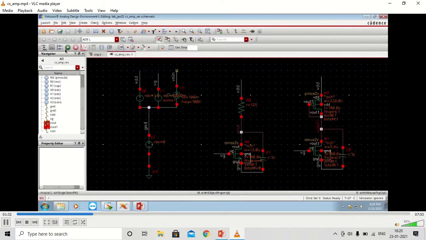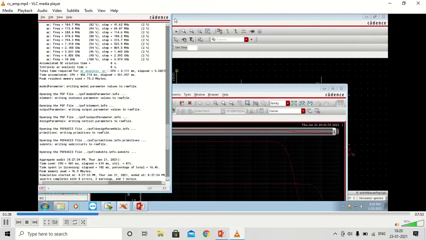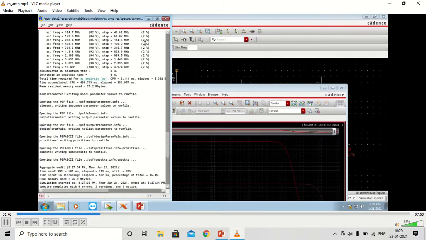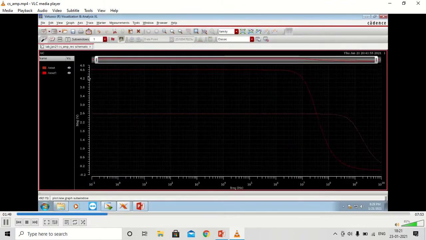So Vout is the waveform of the resistive load amplifier, and Vout1 is the waveform of the active load amplifier. You can see the two waveforms.